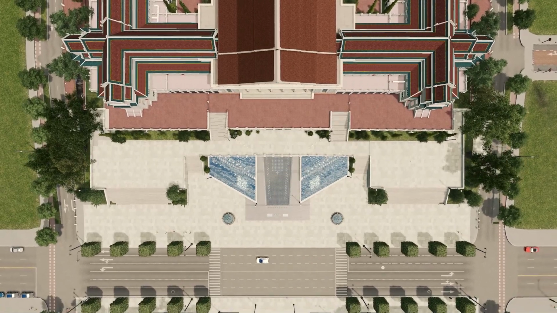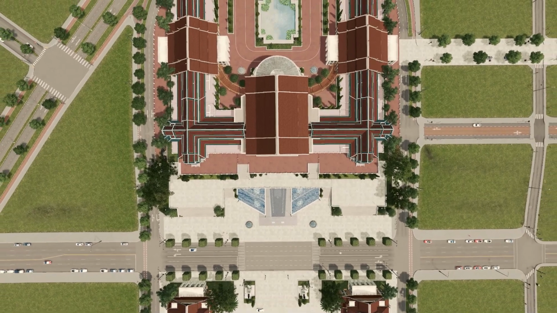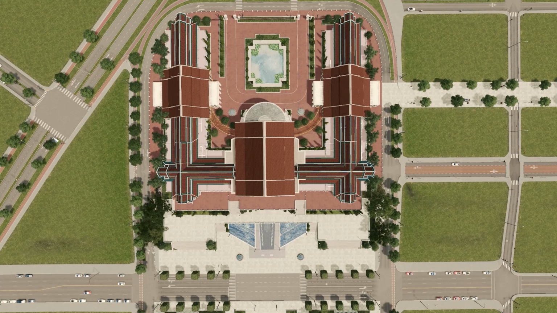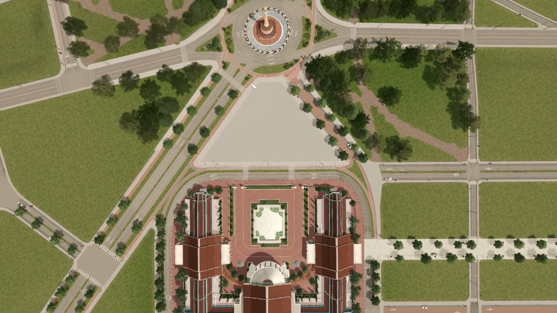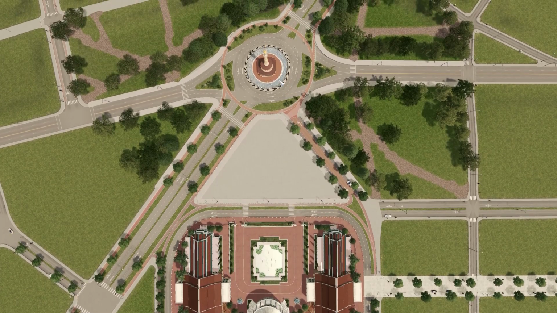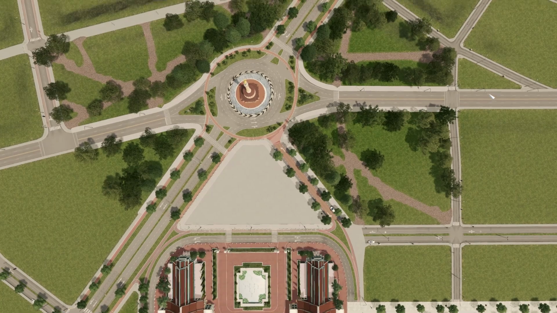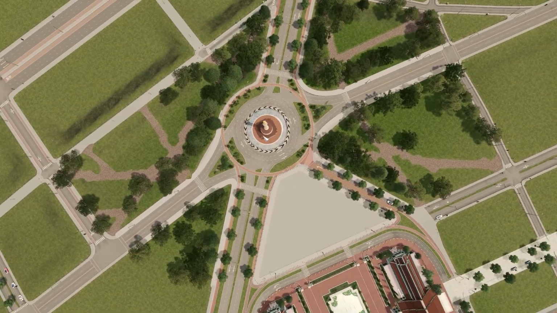Now, from the top, look at the symmetry of this. The design of this is very nice. It can stand on its own. There's this diagonal road here, and it connects and intersects at this point, and this is the royal fountain.